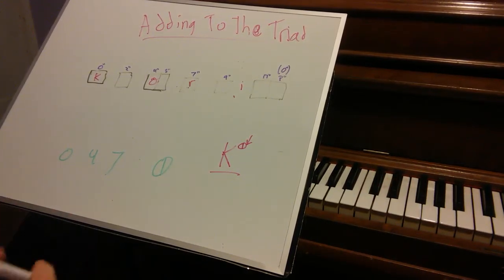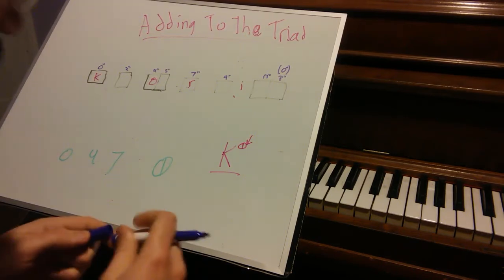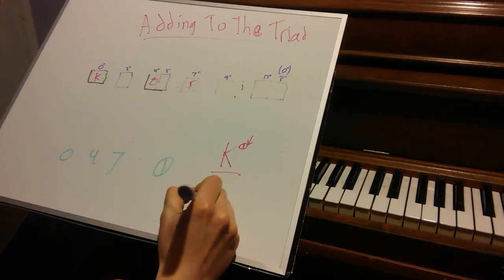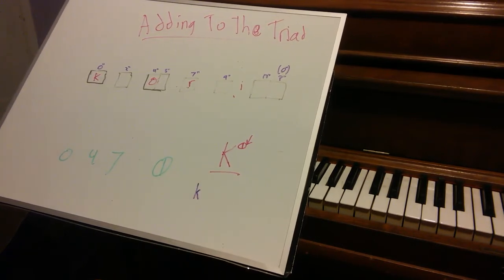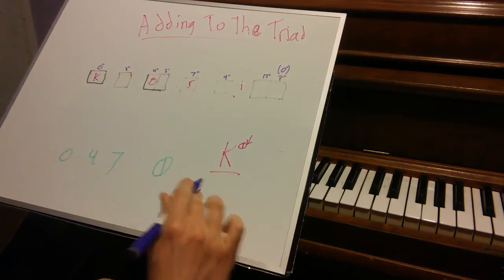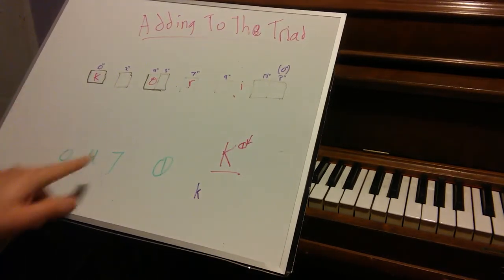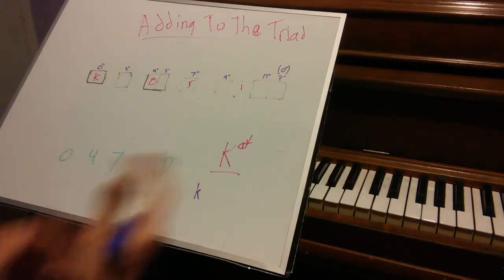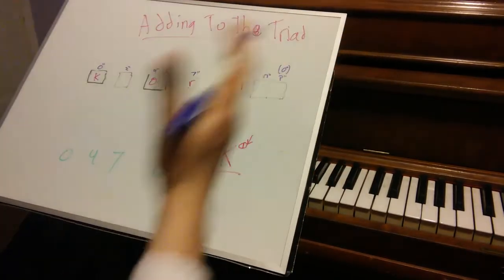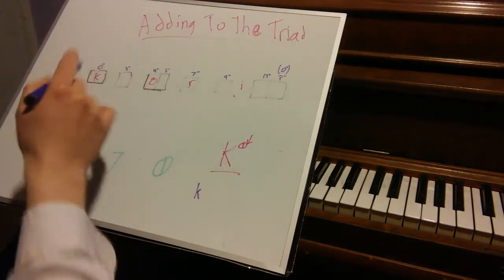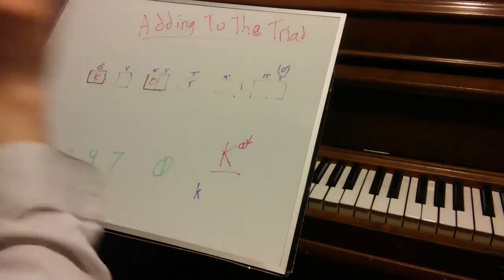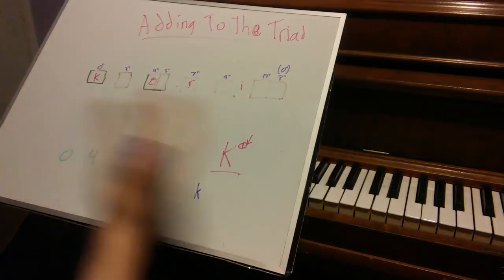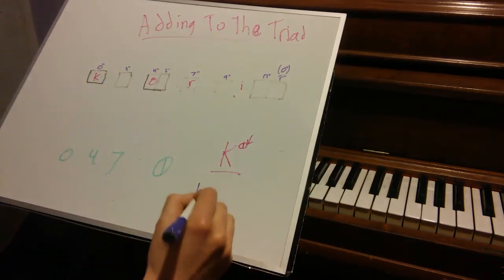But if you do want to get explicit with what you mean, there's a way to do that. Basically, do a lowercase k, since that is a single note, not a chord, and then you write chord tones up here. So if I was to write this out, instead of doing this shorter version, which is pretty easy, you know when you see that's 0, 4, 7, 10, K-O-R-I. But if there's another chord that's more complicated, you want to be explicit about it, you can do K,